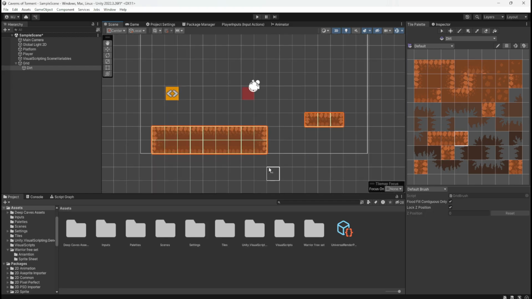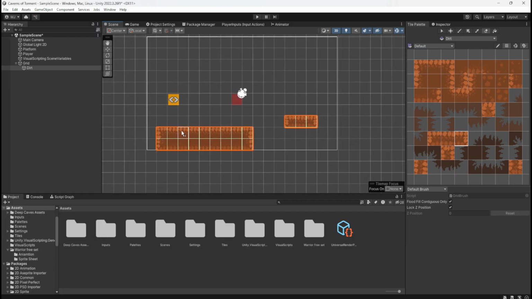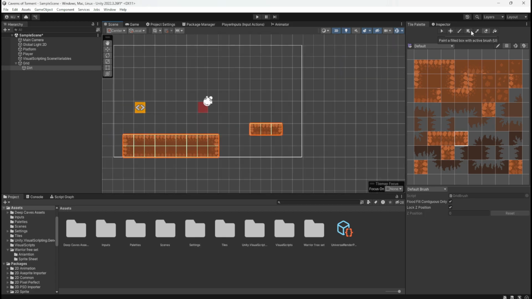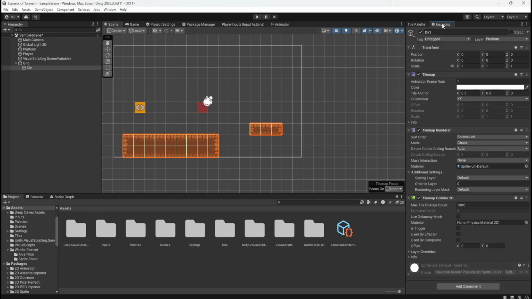Okay. Little platform. Okay, let's add another. Paint a box with the... can I select... oh dude, look, I can select multiple things here. But the only thing with that is, because we've got the collider